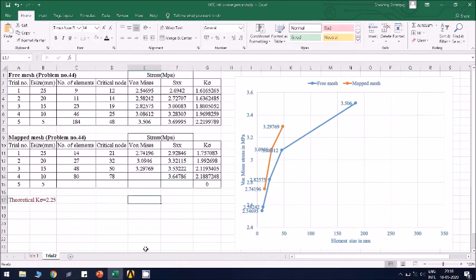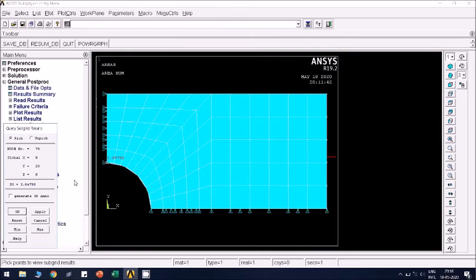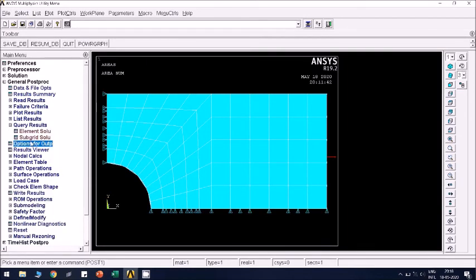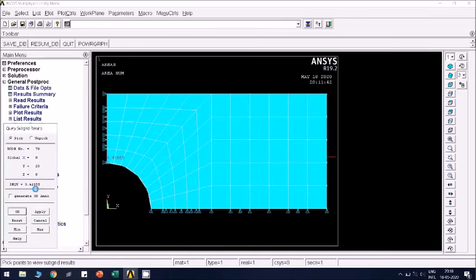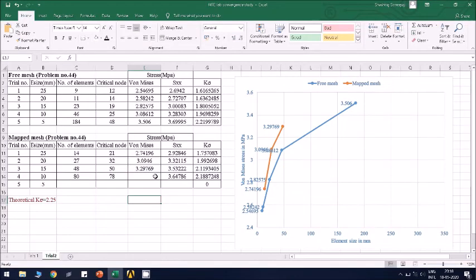And von Mises stress also we'll find out. Subgrid solution, von Mises, select the critical node, 3.41855.